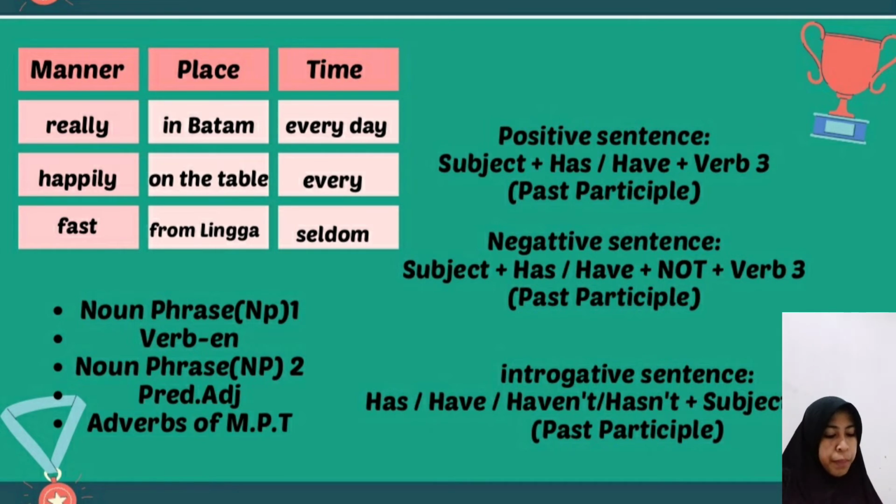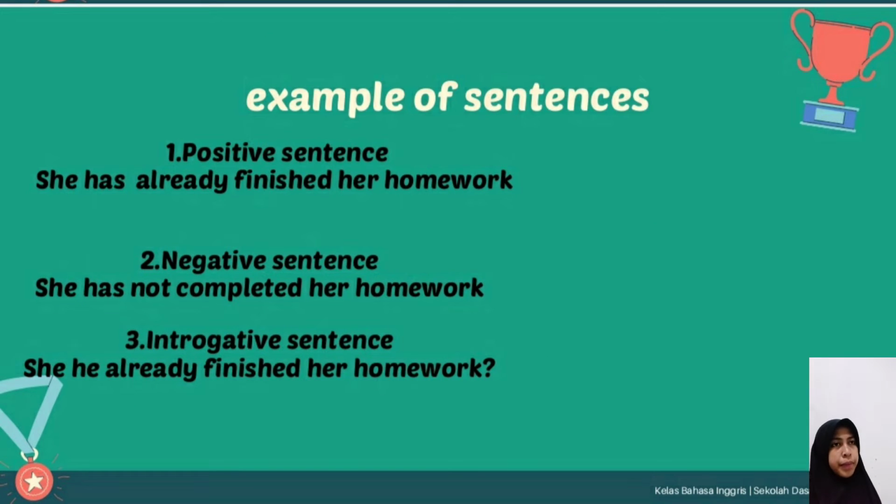The simple present perfect tense formula is for a positive sentence, subject plus has or have plus verb three, and for a negative sentence, subject plus has or have plus not plus verb three, the past participle. For an interrogative sentence, has or have plus subject plus verb three. For example,